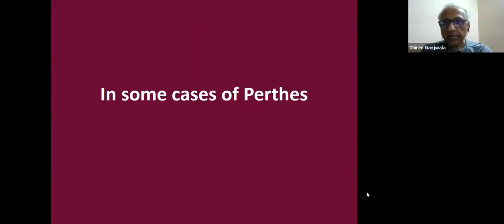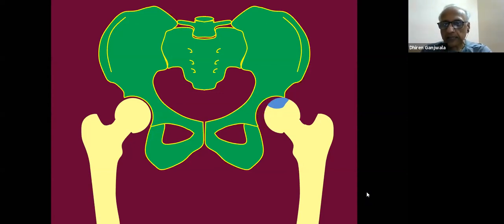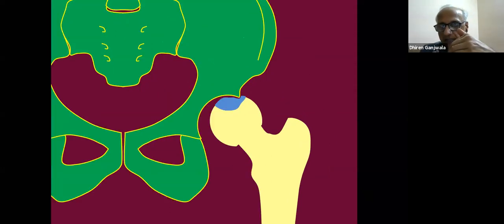Next. Now in some cases of Perthes, there is an affected area, and in that case the hip extrudes, meaning it literally displaces. This is the most significant event of the overall condition, because once this hip subluxates, the affected area comes directly under the rim, or the border, of the acetabulum, and on continued walking, this area will get collapsed. Now you can see that the affected area is depressed in the center.